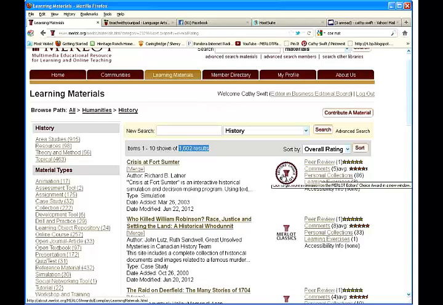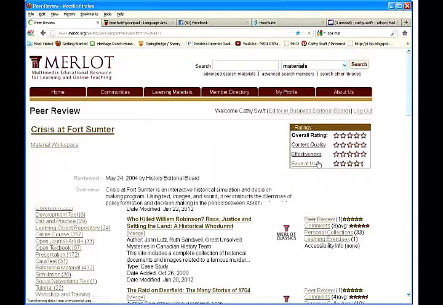This is an award or a badge that we no longer give. It's the editor's choice. And this means that all of the editors in all the disciplines decided this was the best resource. And so that means it's a very high quality, and you do have the peer review. So I can look at Crisis at Fort Sumter, but even before that, I can click on the peer review here. It's 5 stars, which is the highest rating. So I click on the peer review,